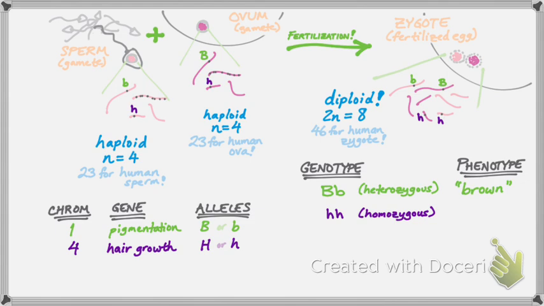In this case, little h, if those two alleles don't work and you can't do hair growth, maybe your phenotype, your physical result, is hairless. These aren't the only possible phenotypes, but these are the phenotypes for this individual. The capital B, little b genotype gives you brownness, and the little h genotype gives you a hairless phenotype. There are other possibilities, which I'm going to list here, but that's not this individual. Hopefully that gives you an overview of all the ways that you can inherit genes from your